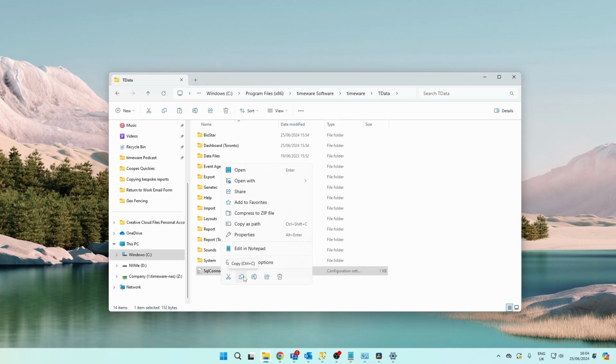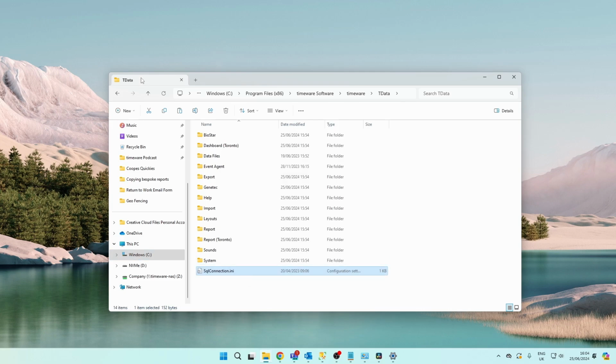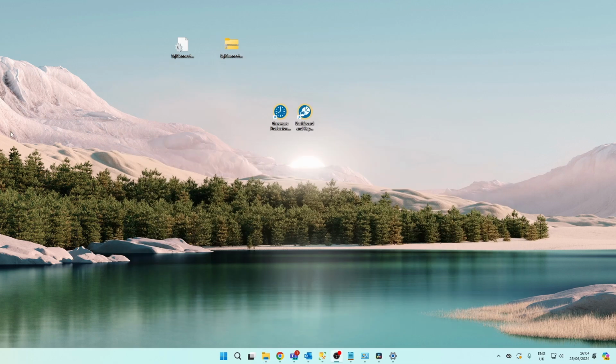So what I will do is I will copy it, paste it to the desktop, and then I'm going to compress it to a zip file and just email that either to the person who's having Timeware installed, or I can put it in a shared folder, whatever suits you best. And then I'm going to head over to the machine where